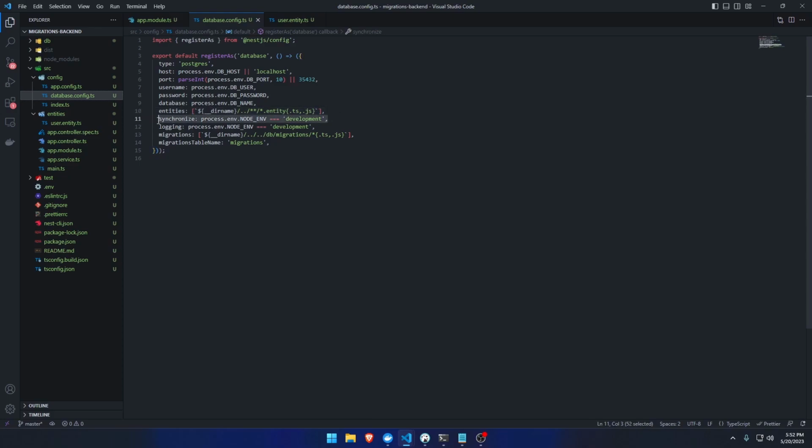The synchronize means that once we reload the backend, it will check for entities and apply them. This synchronize should never be used in production because you can lose your data. This is only for development only when you're creating and building out your application. The logging process is also for development, and it's used to log out the queries that are being made. And now is the migration part. This migration